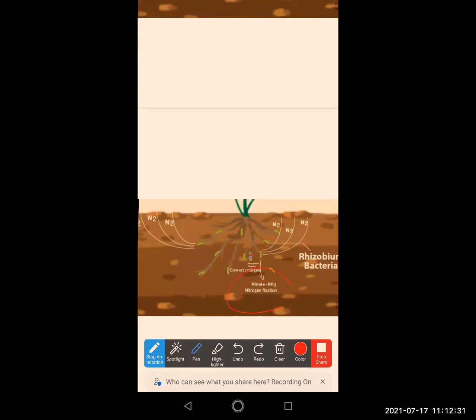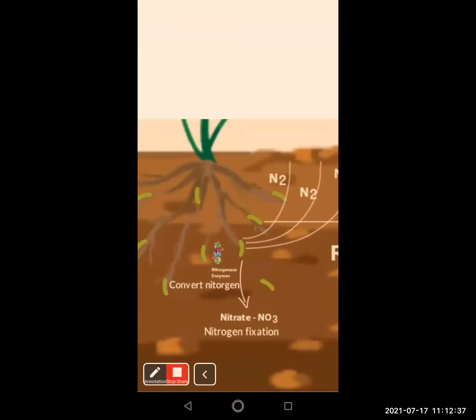nitrogen means it's a nitrogen fixation. It produces a nitrogen fixation. You can look here, nitrogen fixation, nitrogenase enzymes. Okay,